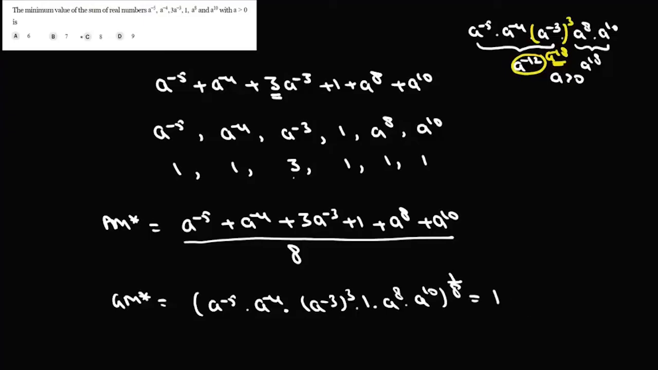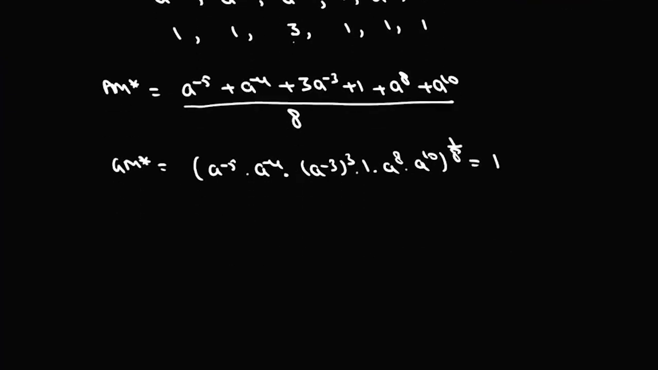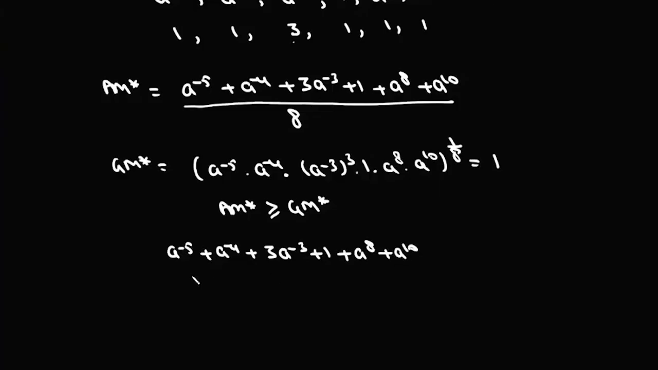Now again we have to use weighted AM and weighted GM. So weighted AM will be greater than or equal to weighted GM. So we can write a to the power minus 5 plus a to the power minus 4 plus 3 a to the power minus 3 plus 1 plus a to the power 8 plus a to the power 10 divided by 8 is greater than or equal to 1,